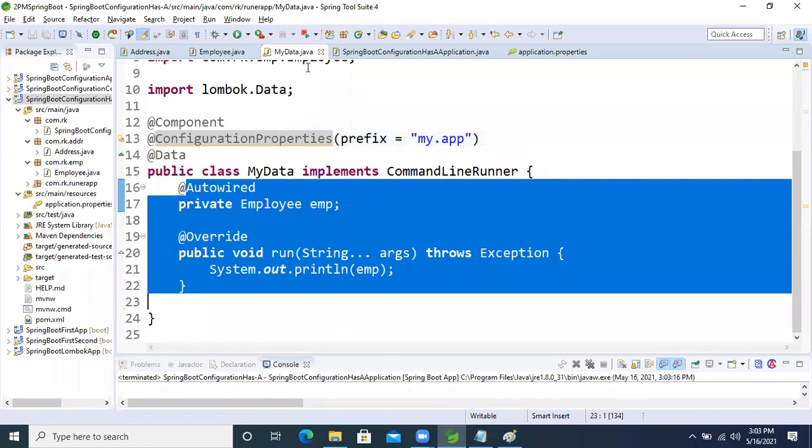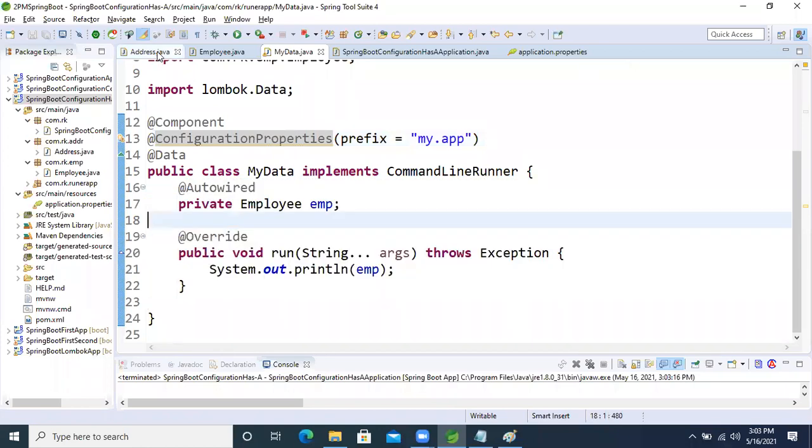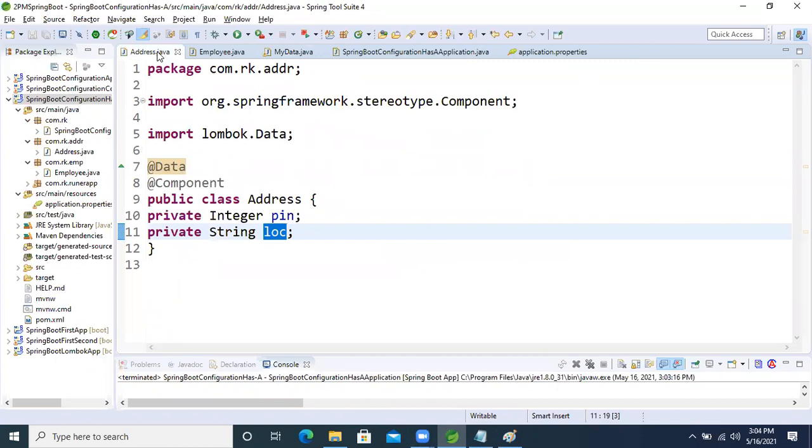Anyone having a little bit of idea, can anybody suggest why we are getting like this? Classpath. Where classpath, Padma?